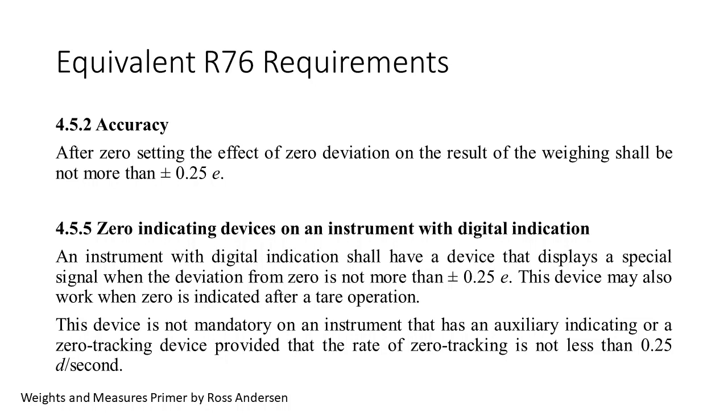This is not a requirement to maintain center zero, but take careful note of the exemptions, plural. The center zero signal is not mandatory if the instrument has an auxiliary indicating device or a zero tracking device. Two exemptions for two very different things. This is not at all clear from the current text of S111B. Any instrument equipped with an auxiliary indicating device will provide a non-zero indication if the instrument is not within 1/4